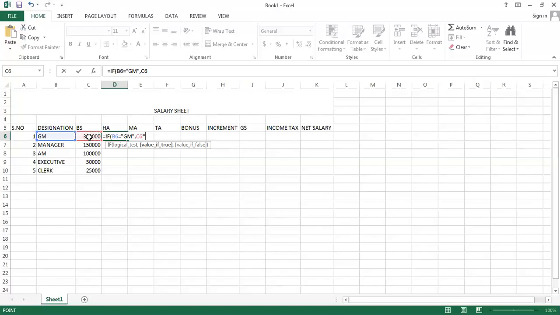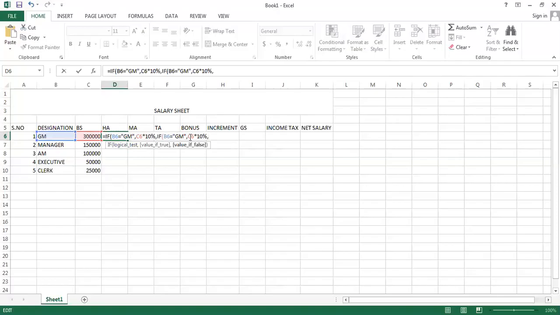So I'll multiply C6 by 10%, as I just mentioned that the criteria is 10% for all the employees, comma. Now I'm done with my first criteria of the general manager. Therefore, I'll copy the entire formula excluding the equals to. Then I'll press Ctrl C, and I'll paste this after the comma by pressing Ctrl V.